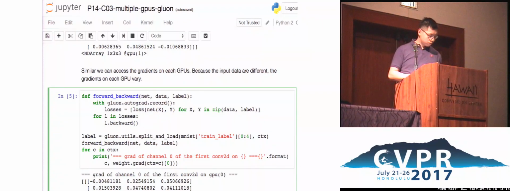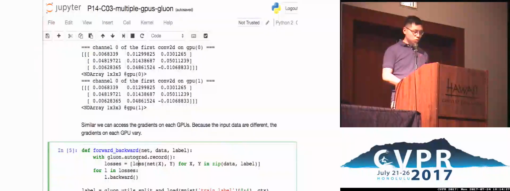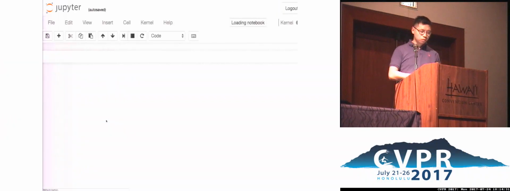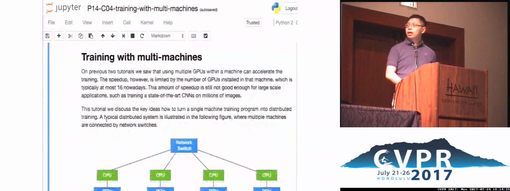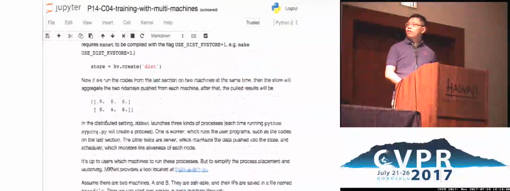So I think I have 1 minute left. So I probably need to cover the last one now, using multi-machines. It's on the notebook here. With multi-machines, you have nothing to change. The only thing, to give a basic idea, is when you define a trainer,